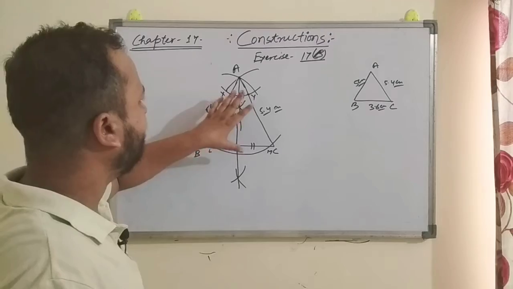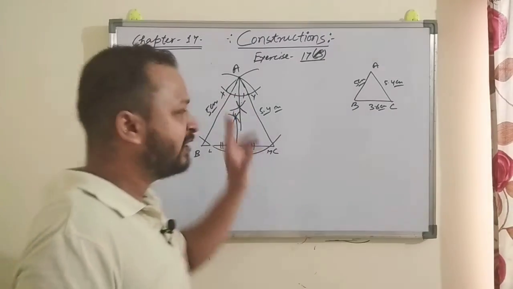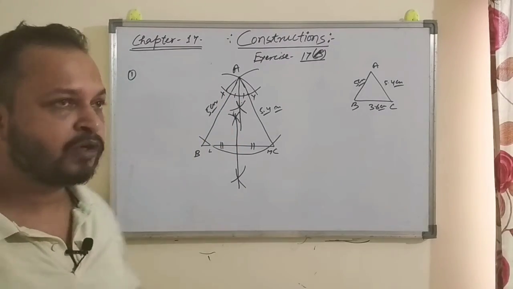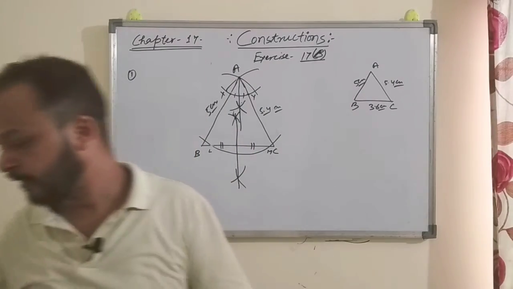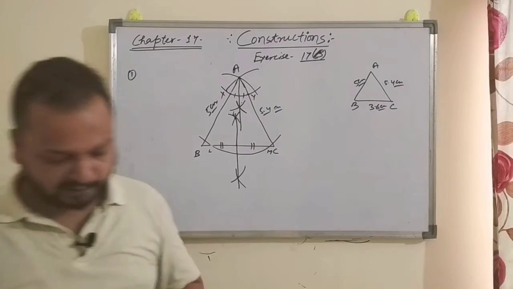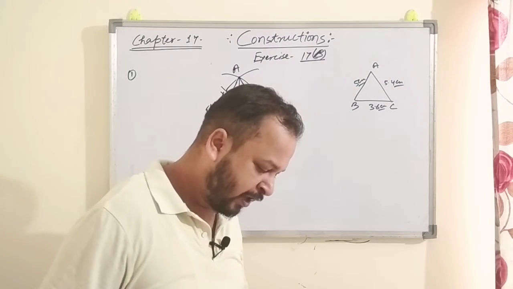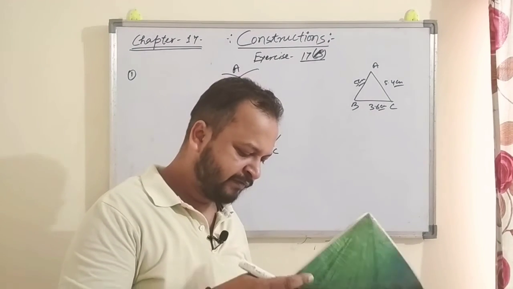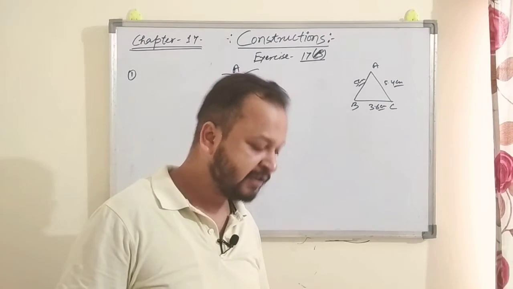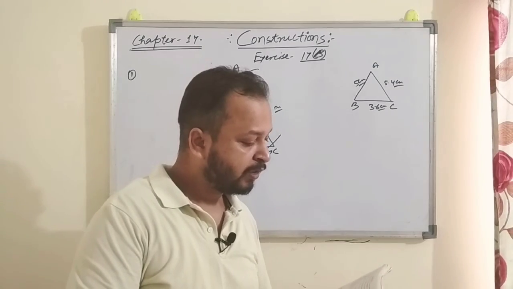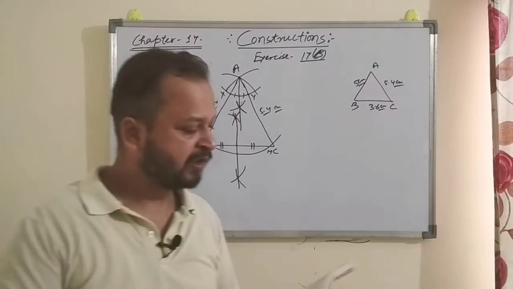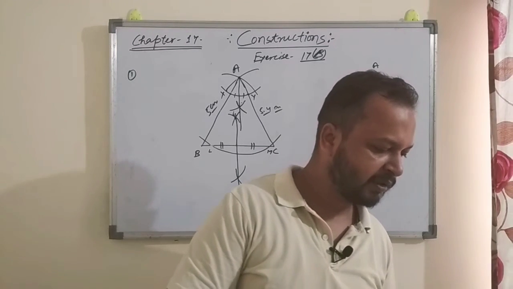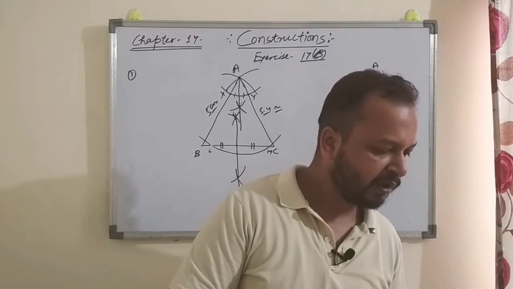So this is very simple. So this angle bisector, why I am telling in this question, because in question number 2 you also have to draw the angle bisector of a given angle, right? Now come to question number 5. Question number 5, here the length is given and one angle is given. Question number 6 is also same. Question number 7 is also same. So I am taking it question number 7.